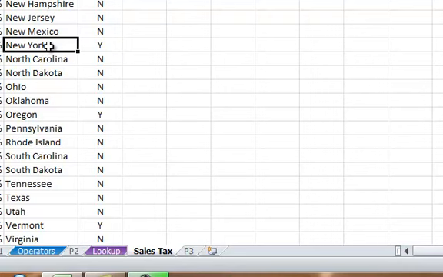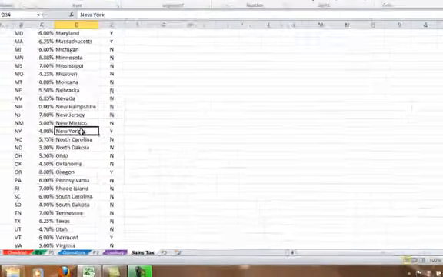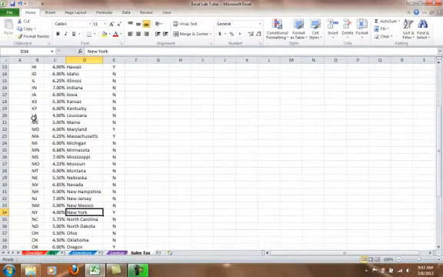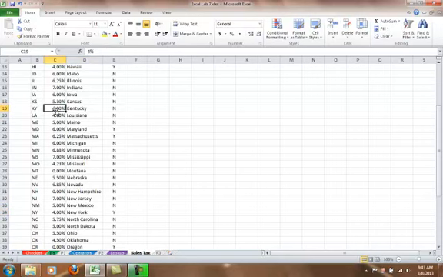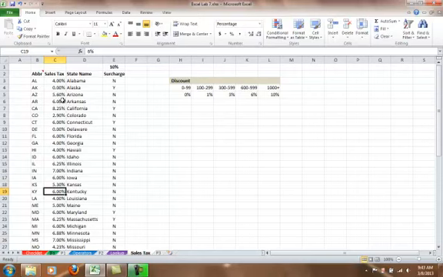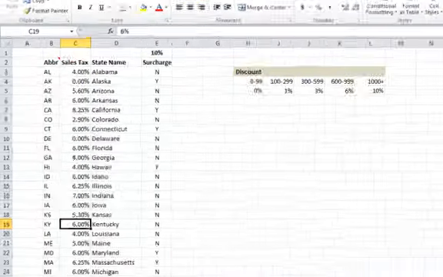But that's okay because we have this tool called a lookup that allows us to scan down through here, find the right thing, and pull an answer. So basically all it's going to do is look for Kentucky. It'll just scan down through here until it finds Kentucky, and then we'll just tell it to get the answer from there. That's the basic strategy. The function's pretty easy to set up once you have a lookup table set up here, and that's what this thing here is. So back here,